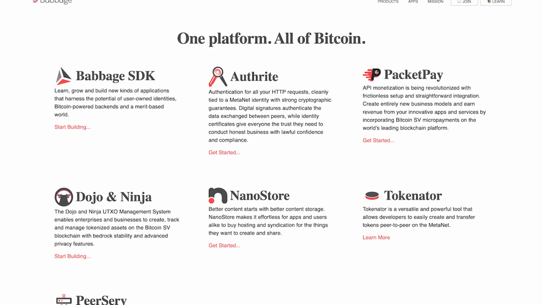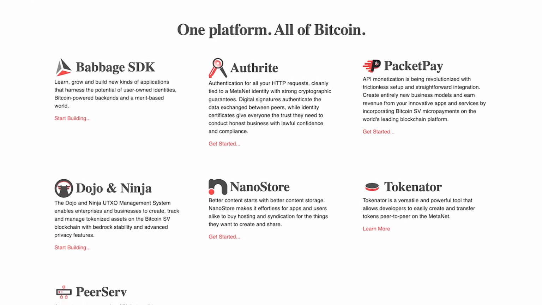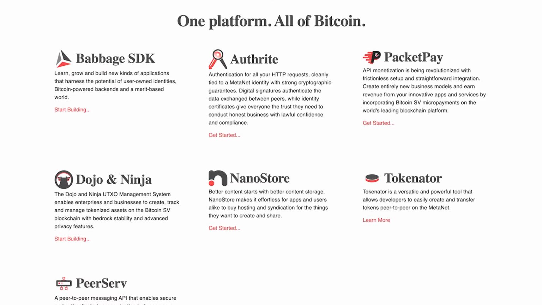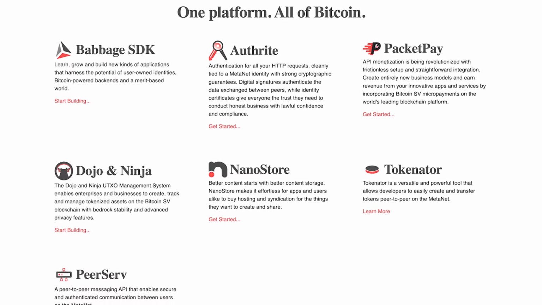Essentially, Project Babbage is a set of standards for a new way of building applications on the Bitcoin SV blockchain. We facilitate interoperable implementations for wallets that enable micropayment-based interactions, including user identity management and micropayments. The pitch of Project Babbage for developers is that if you're building an app on BSV, we're going to make it 10 times faster, cheaper, and we're going to reduce your time to market for whatever you're building, because we need to create an ecosystem of interoperable standards and interoperable systems that enable the next generation of technology.